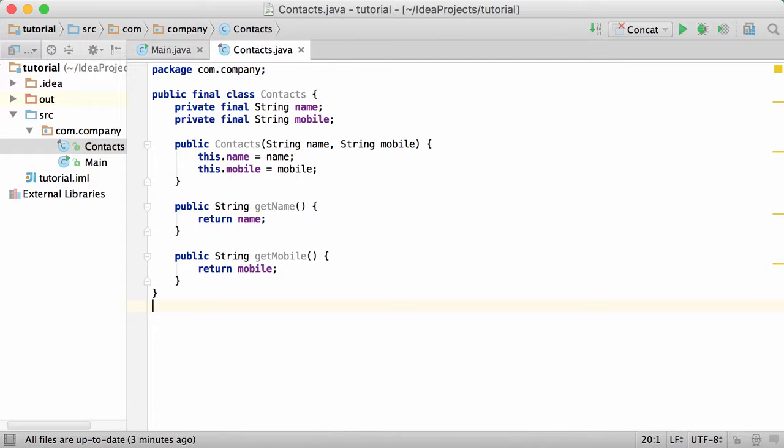I'm going to be showing you how to create an immutable class in Java. So I've already got one here. The basic concepts, I'm not going to keep it too long. I know you don't want to listen to all this stuff. So basically, add final to your class, make all your